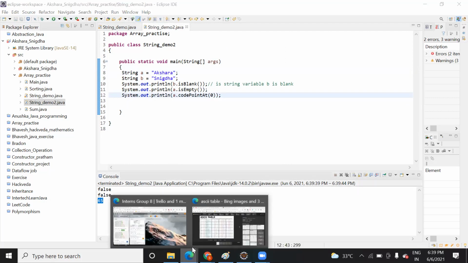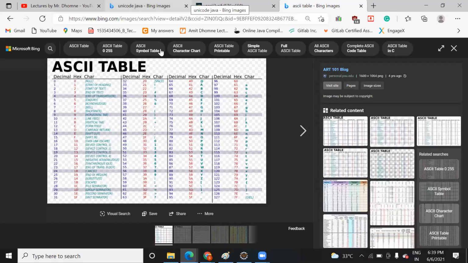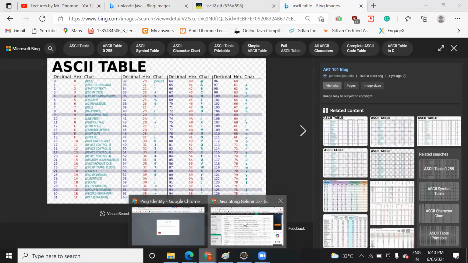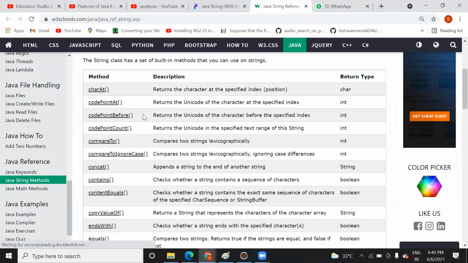Now what is another function? Another function can be codePointBefore. Follow this table, I am going to share the link with you. CodePointBefore will return the Unicode of the character before the specified index. It means that it will return the Unicode value of the character before the index that you specify.